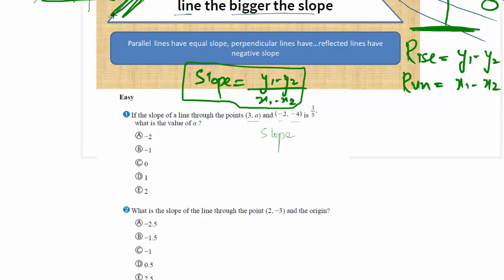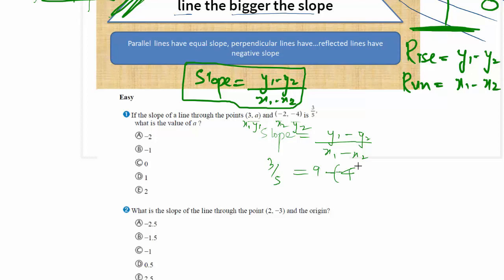So we know that slope is equal to y1 minus y2 divided by x1 minus x2. We're already given that slope is 3 over 5. So rise is 3 for every run 5. So 3 over 5 is y1 minus y2. So we can mark here x1, y1, x2, y2. You can say x1, y1 as -2, -4 also. No problem in that. So you're having 3 over 5 equals y1 minus y2, that is a minus